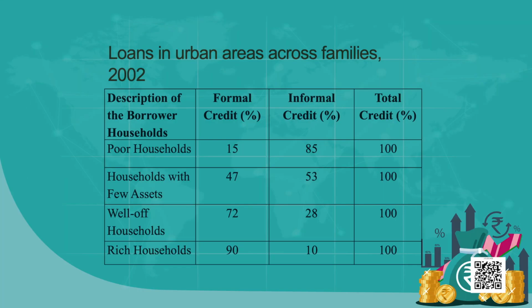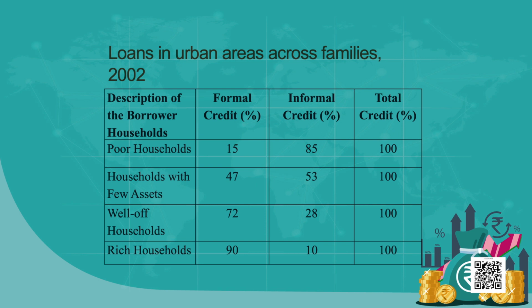What is the situation in urban areas? Though we do not have the data for recent years, 2002 data shows that in urban areas, see, everybody cannot get access to credit. It depends on your collateral, I already told you, how much property you have, what is the source of your revenue, who is going to guarantee when you go for meeting your credit needs.